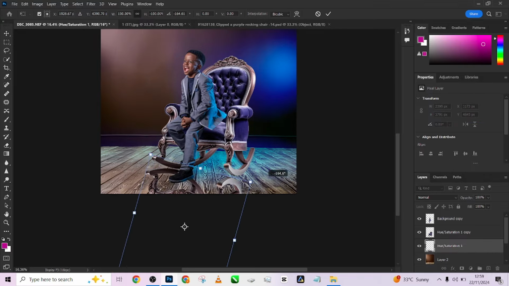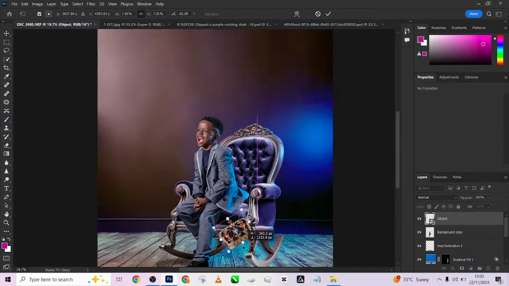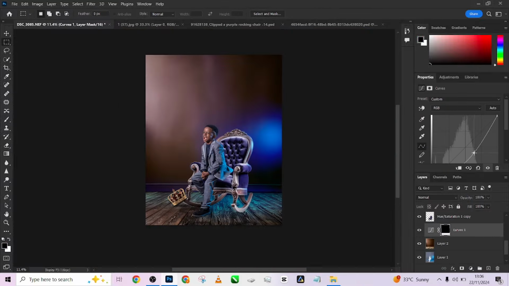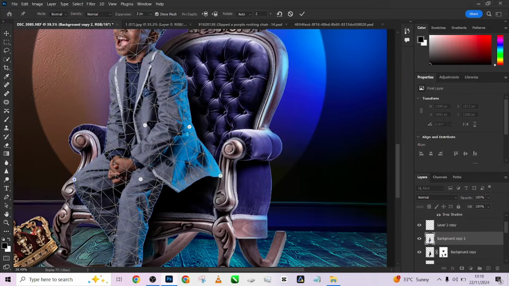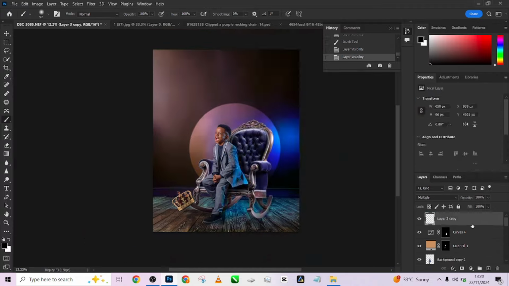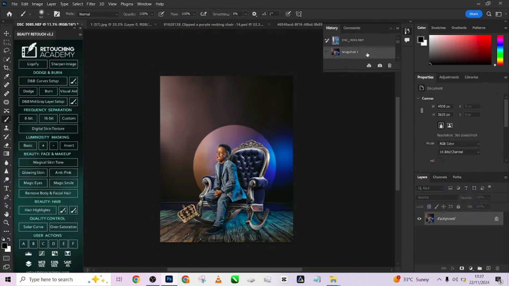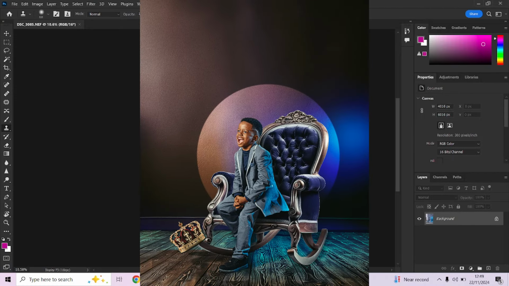Today I'm going to be showing you step by step how I was able to edit this image from scratch to finish. We'll be doing all of that right here, make all the mistakes, blend all the colors. We'll just make it work right in this particular video. We'll be breaking down the props that we're going to be using step by step. And the beautiful part is that every single prop that we are using in this image, you are getting for free. So without wasting your time, let's quickly